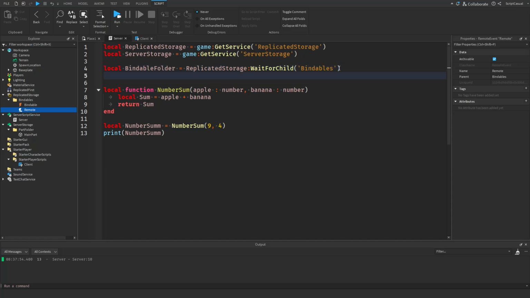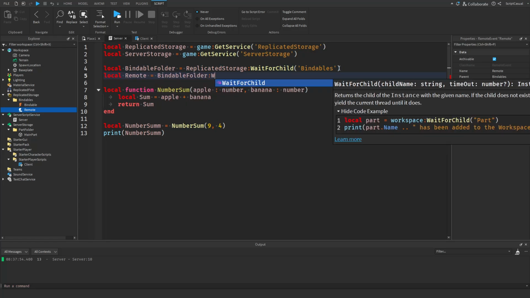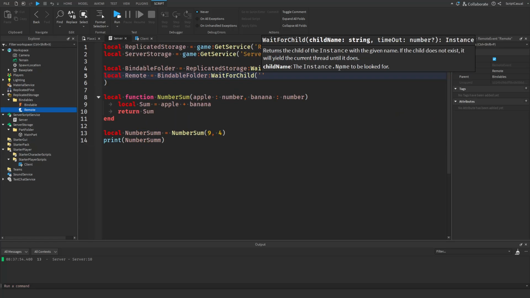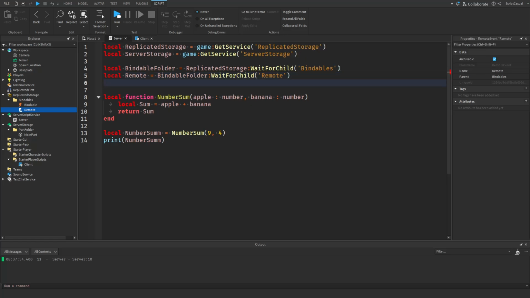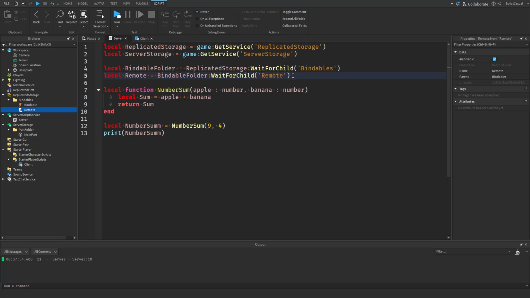And then within this bindables folder, we're going to say local remote equals bindable folder. Same thing again, and then we're just saying remote here. And I got to remove this down here. So now it knows what our remote is. Then when we have the number sum right here, we can say if number sum then. So if we have a valid number sum, it's not equal to nil, then we can go ahead and say remote